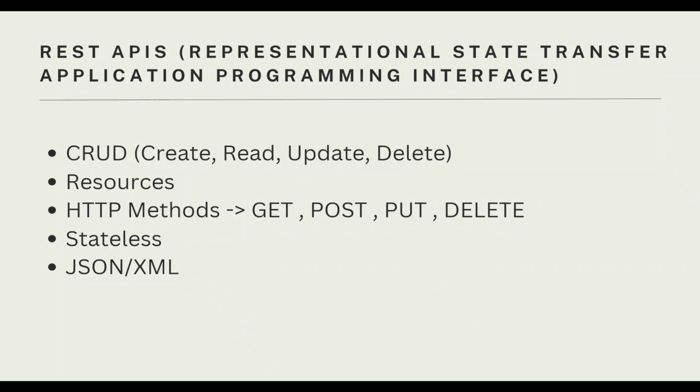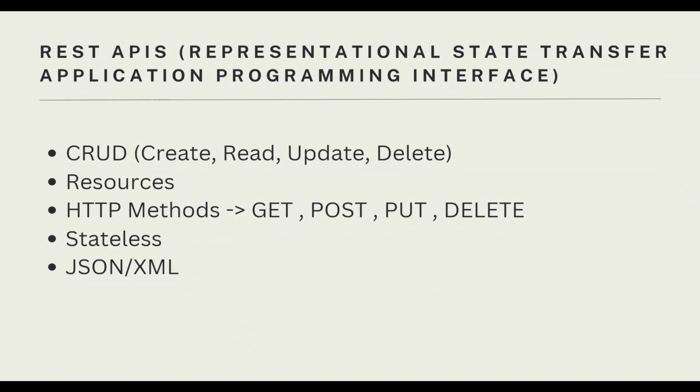And JSON and XML are the formats in which data transfer happens. Let's say an example: A and B are both different companies, both providing us different APIs. I'm building a project in Java, and company A is providing me APIs built in Python, company B is providing APIs built in JavaScript. So I can use both of them, because whichever data transfer is there between us is in the same format, that is either JSON or XML.